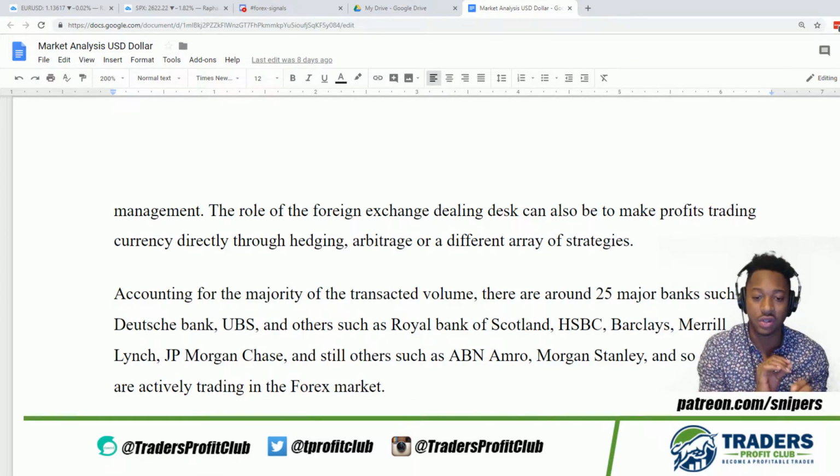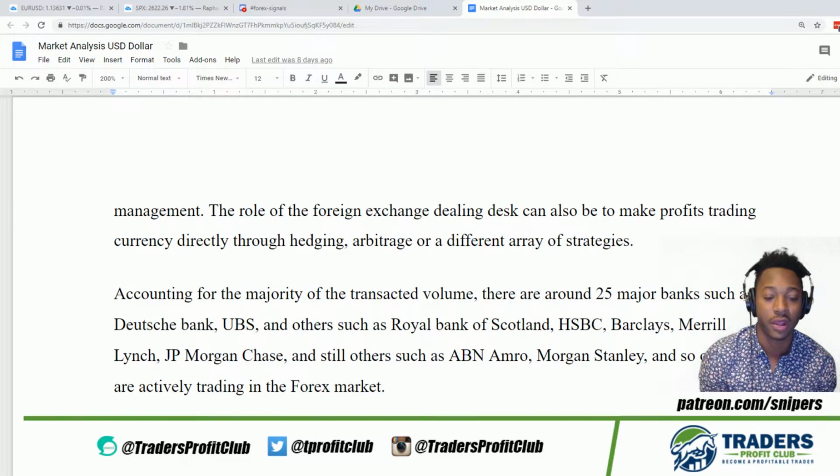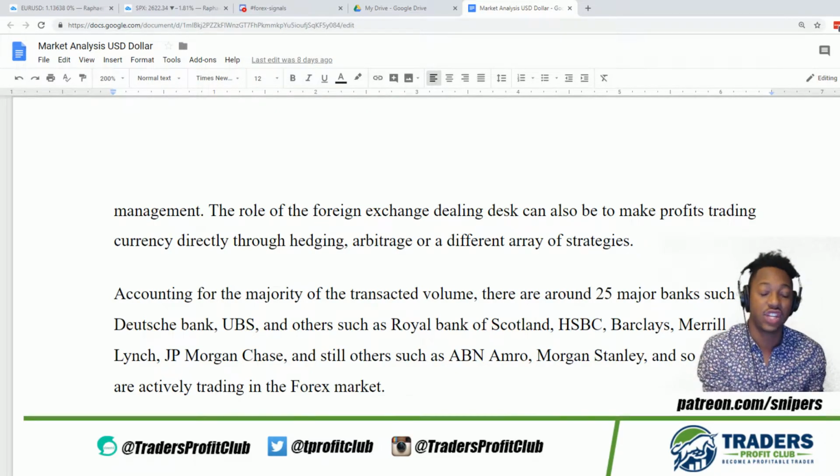So if you guys don't know, there's a thing called a sovereign wealth fund. A sovereign wealth fund is essentially the Federal Reserve trading in the public market. That's what a sovereign wealth fund is. A lot of hedge funds manage central bank funds in their hedge fund as well. Like you have a lot of these big Wall Street guys, they manage a lot of the central bank hedge funds as well.